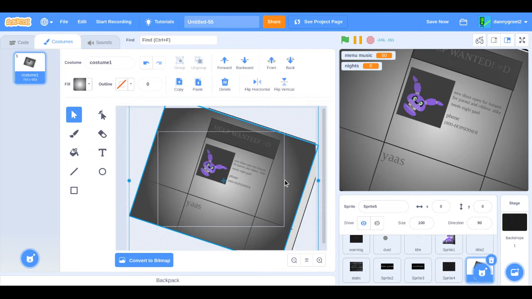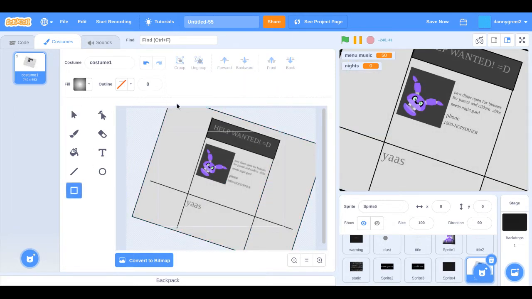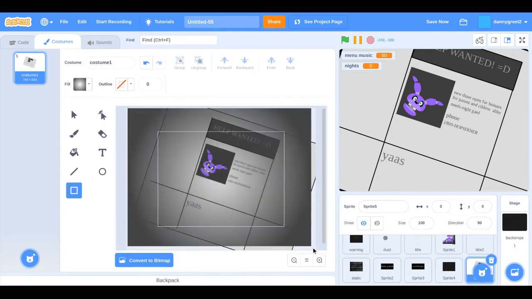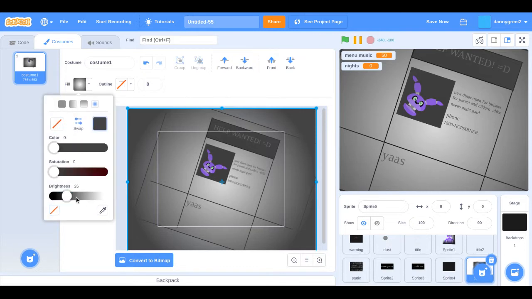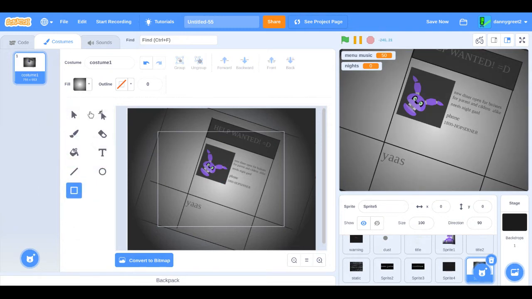Can't zoom out. It's really as big as it gets, I think. Not dark enough. Oh my god. There. Now that the newspaper is done,